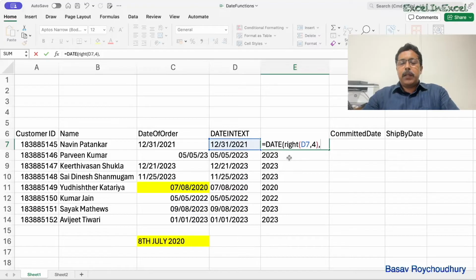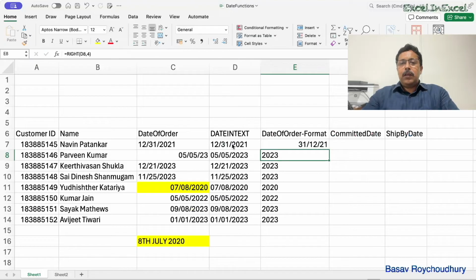Next it expects the month. We know how to extract the month: left of this comma 2. And lastly it asks for the day, which we can extract using the mid function: mid of this, starting from the 4th position, 2 characters. Now therefore, once we do this, we get the date,